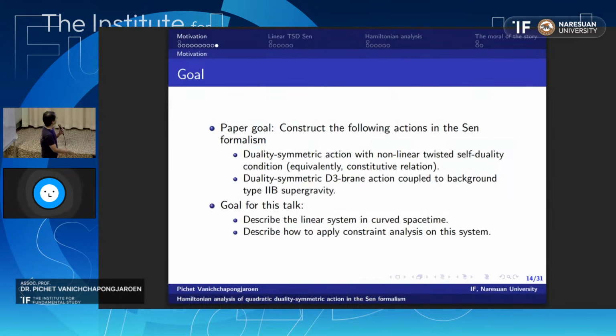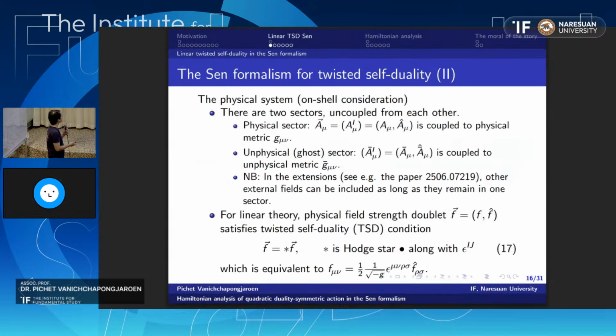Okay, so the paper's goal is to keep doing the extension, but in this talk, I will just describe the linear system in the curved space-time and then describe how to apply the constraint analysis on this system. And the physical system, if we consider the on-shell consideration first, at the equation of motion level,